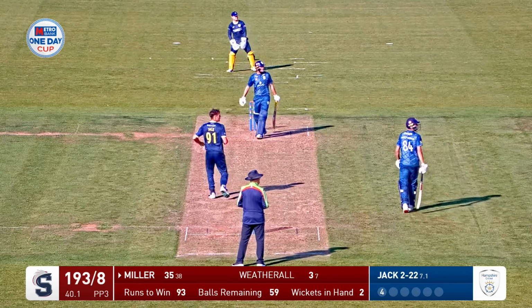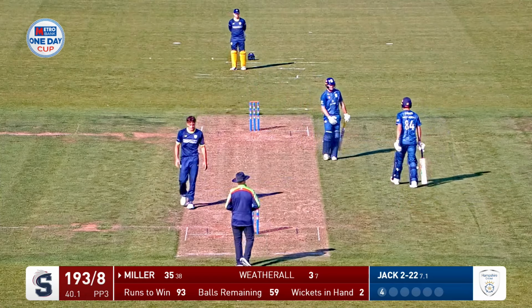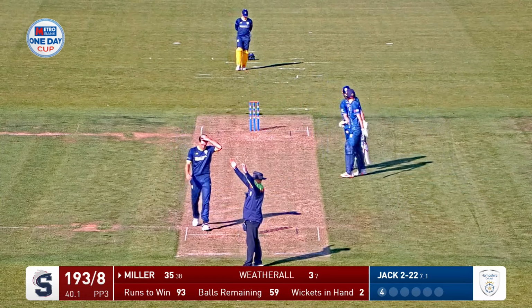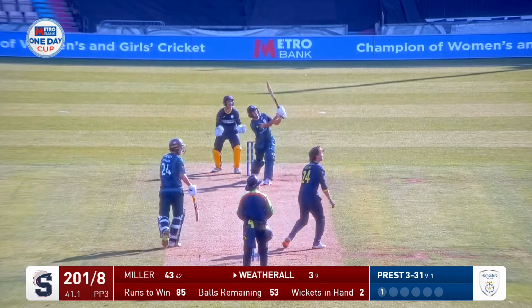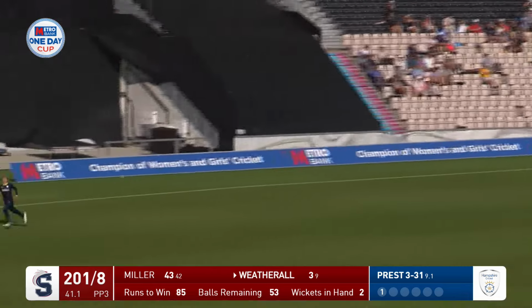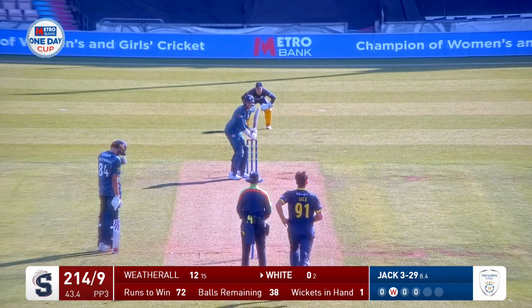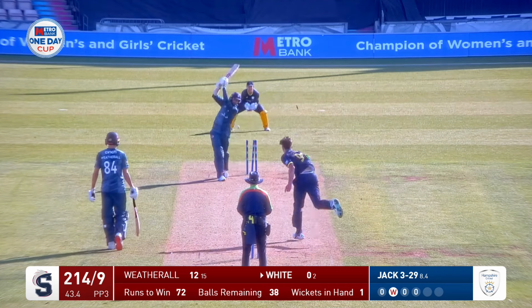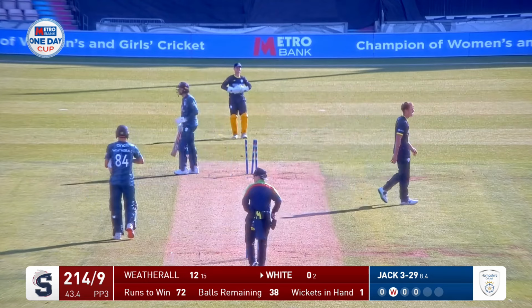It's hammered away on the leg side. Is that going over Felix Organ? It is. And that's 6 runs. Picked up off a length. That was a full toss, I think. Oh, was it? Round the wicket, bowls. He goes to slog him, and he does slog him over cow corner for 6. There we go. Bowled all over the place by Eddie Jack, who finishes